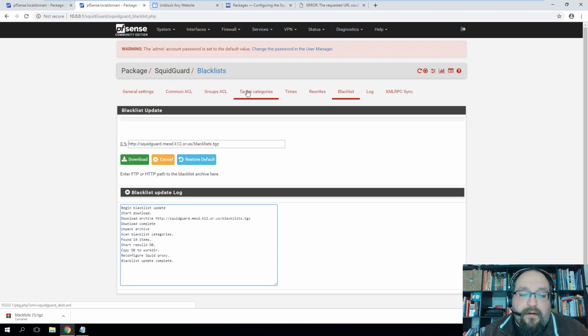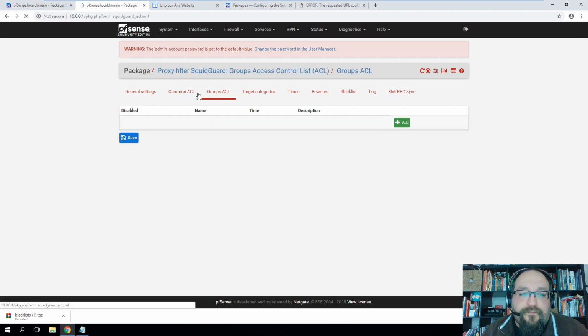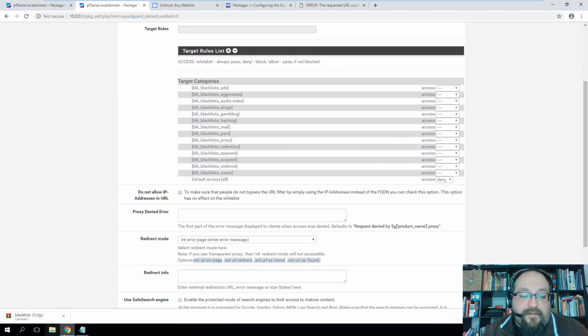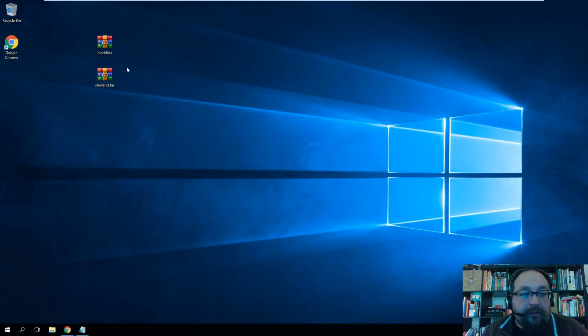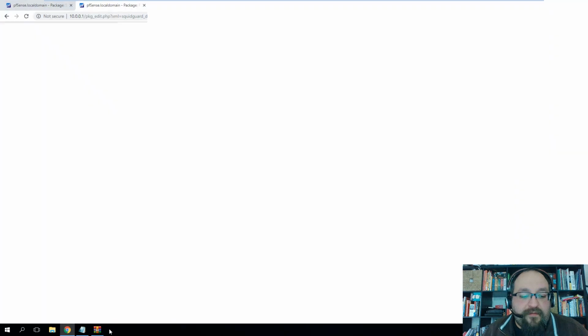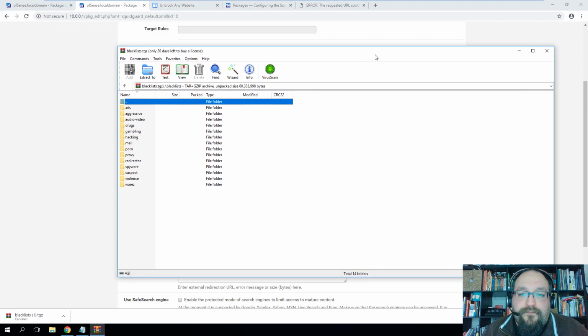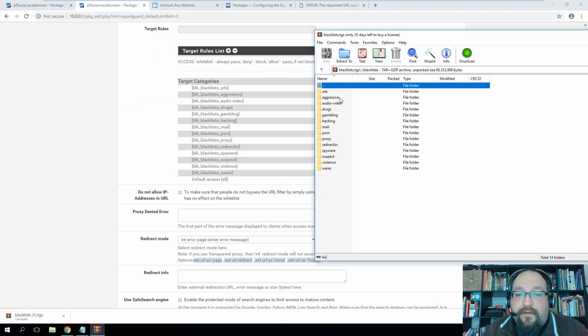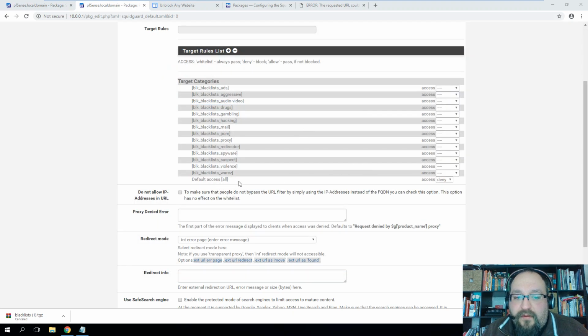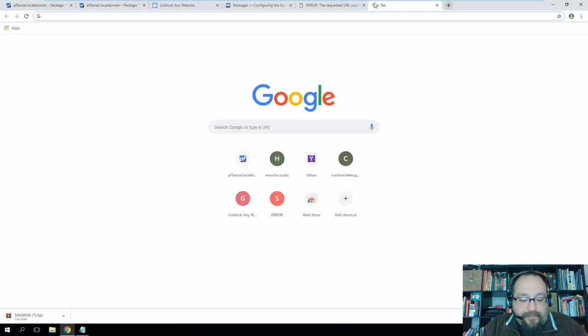So now let's take a look at our target categories. Here we are. So blacklist ads, and let me pull up our listing here because I feel like it's important to get this part. All right, so ads, aggressive, audio, video, drugs, gambling, hacking, mail, porn, proxy, redirector, spyware, suspect, violence, wares, and default access all. So by default, access all being denied, what'll end up happening